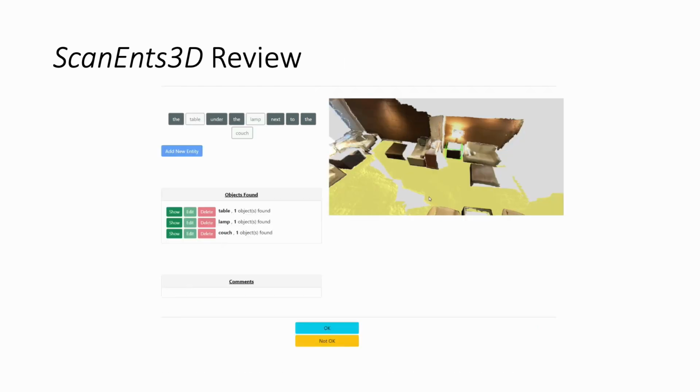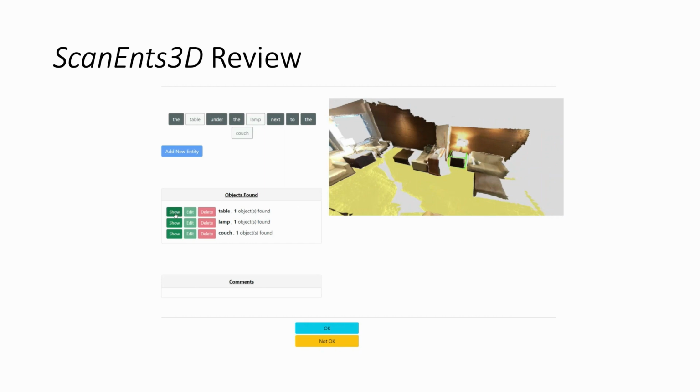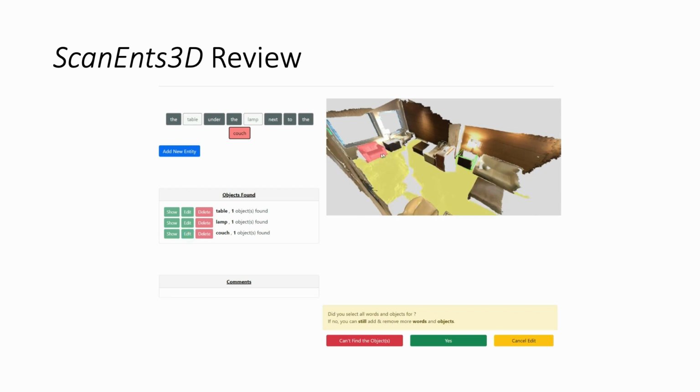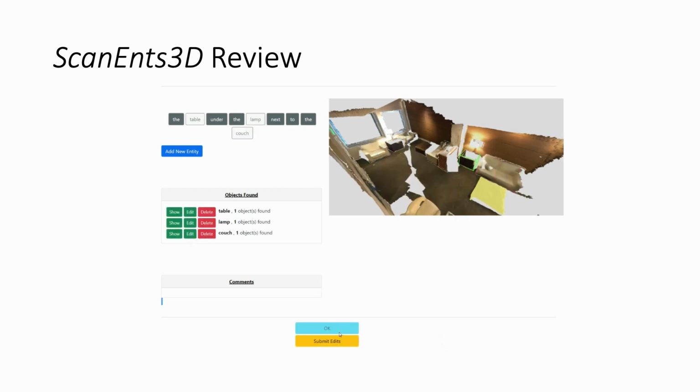The second phase in the data collection is the review phase, where a reviewer is given one annotated example randomly and is asked to determine whether the example was correctly annotated by checking every entity, and if the example was annotated incorrectly, the reviewer is then requested to correct and fix the annotation.